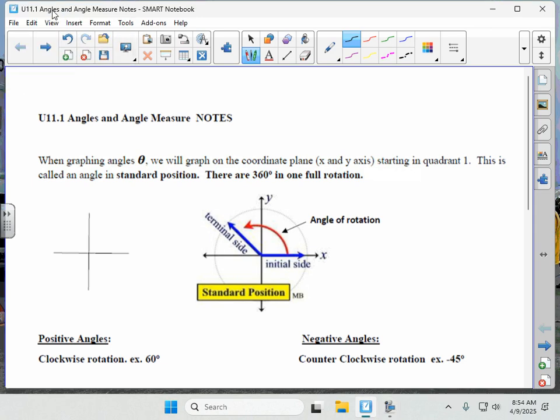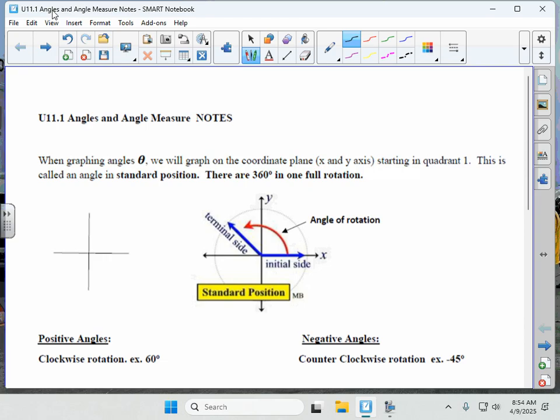All right, Algebra 2, we're going to go ahead and start Unit 11. Unit 11 and Unit 12, those are the last two units that we're going to go through this semester. And those are all going to be on trig. So we're going to look at all these various parts of trig and triangles and angles and graphing and solving